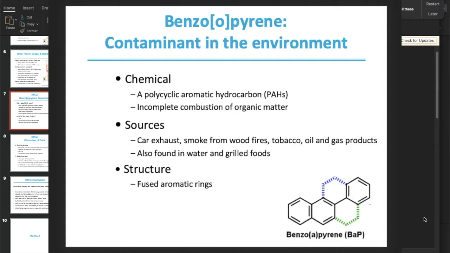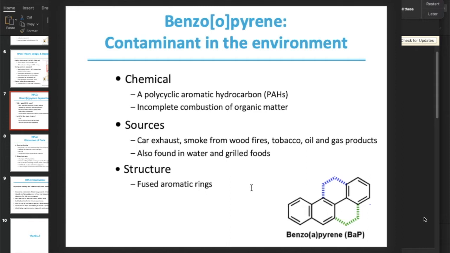Benzopyrene is one of the main contaminants in air and basically in the environment. This compound is known to have originated from incomplete combustion of organic compounds. Its chemical structure is in general composed of fused benzene rings. In real life, we would come across this chemical in car exhaust, especially in smoke from tobacco, wood fire,